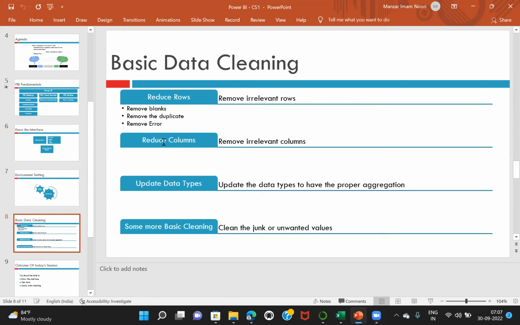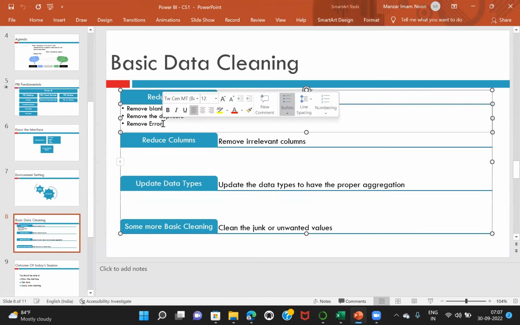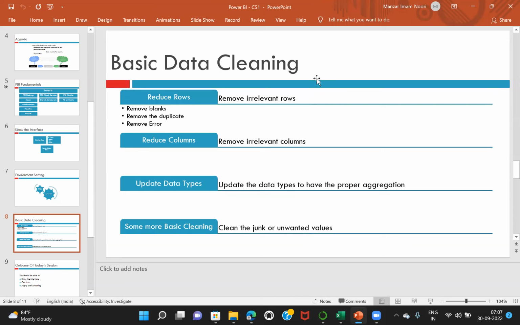So during last class we saw the reduce column operations also, removing irrelevant columns. Today we did see some of the errors at the end of the class yesterday, and we have to remove those errors, and also we'll see the data types, and of course the cleaning, right? And if we complete this, we'll move to our next session,